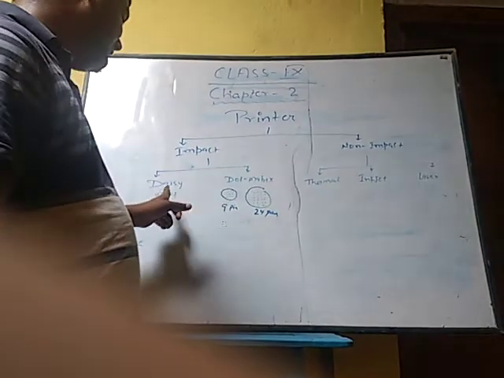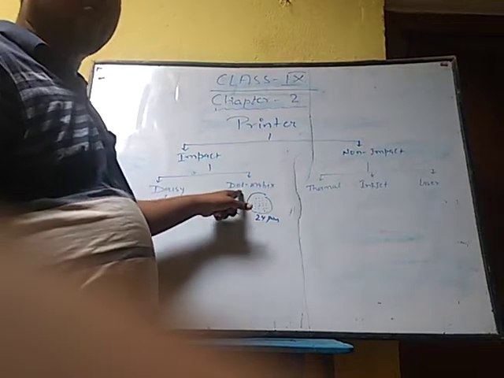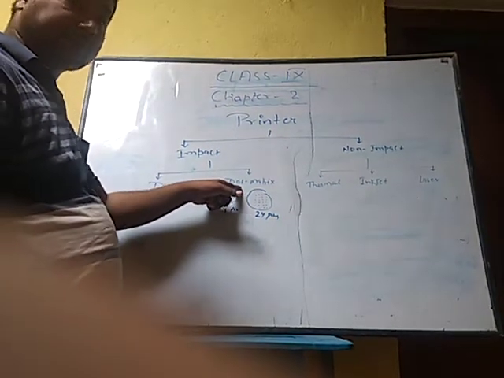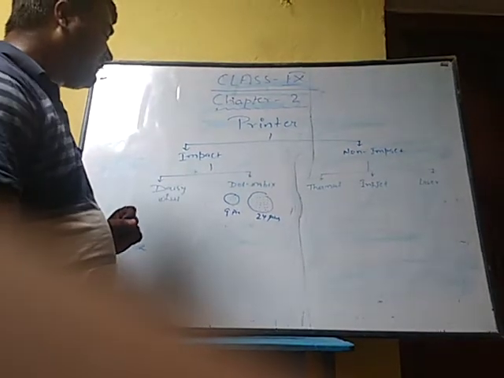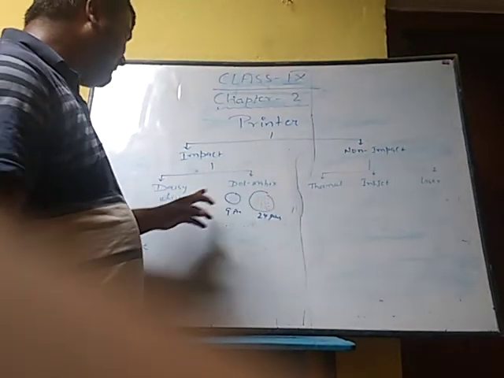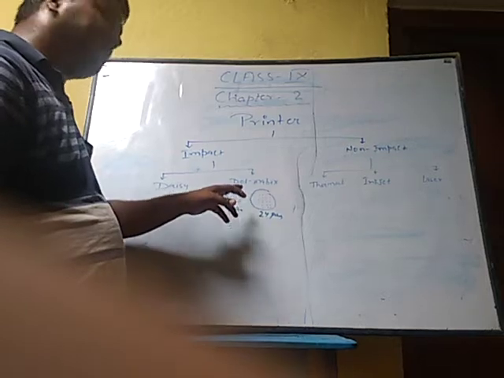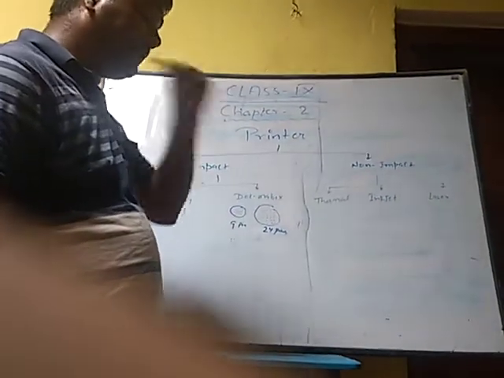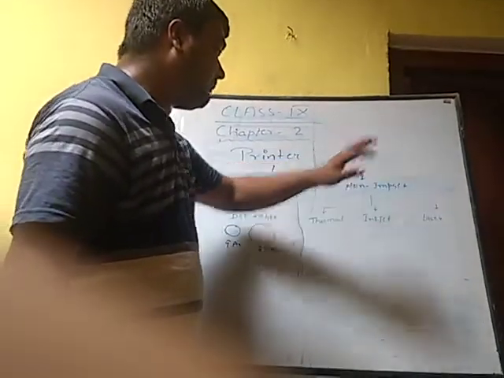Clear? It is faster than the adhesive printer. It makes physical contact with paper while printing. After that, you can see here, its printing speed is faster, and it produces less noise than adhesive, but it is noisy. Now we will talk about the non-impact printers.